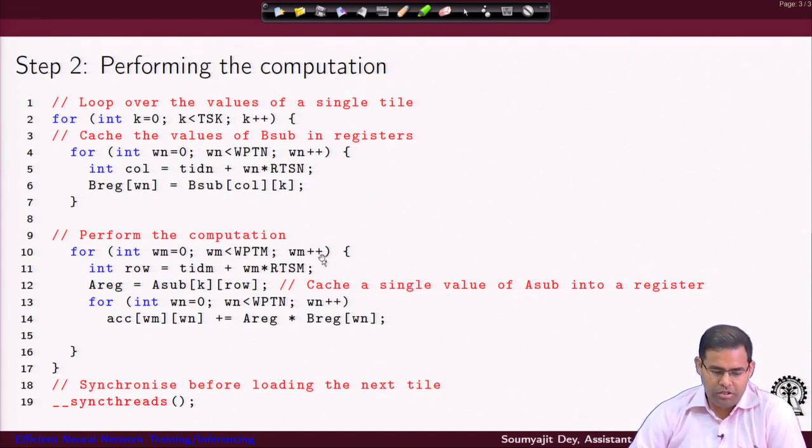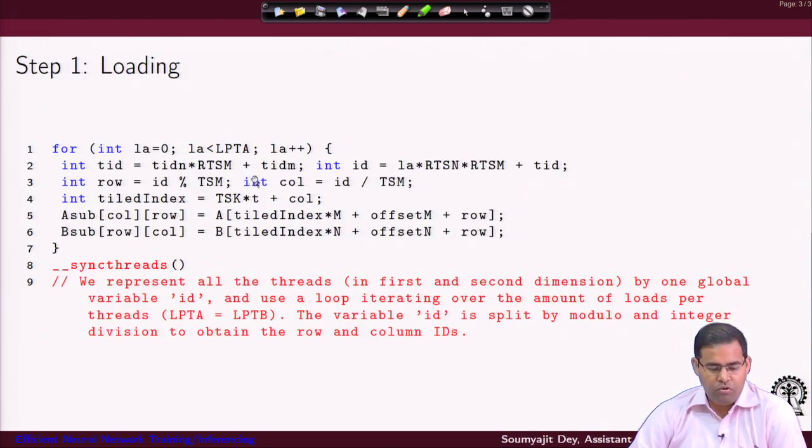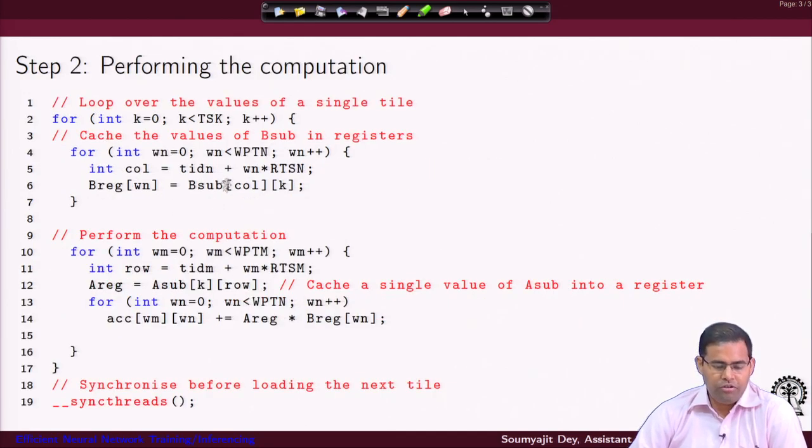But the important thing is for you to figure out how the computes work. As I am giving a 2D amount of computation to be done for each thread, that is why now I have a cascade of loops here for doing all those computations and also the loading of the data. And as I recall, there are two levels of loading. Here you have a load going on from the global to the shared memory, and then in your earlier compute loop you now have an amount of load first done from the shared memory to the registers.